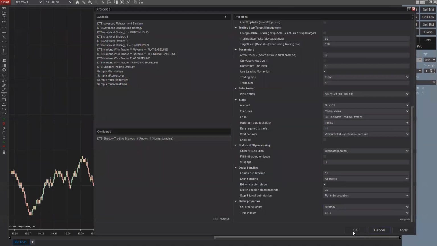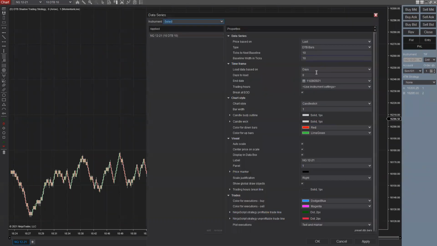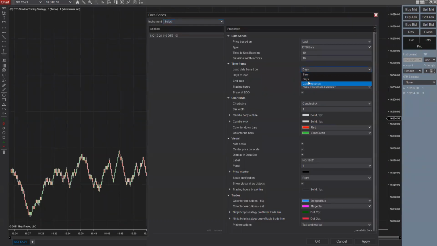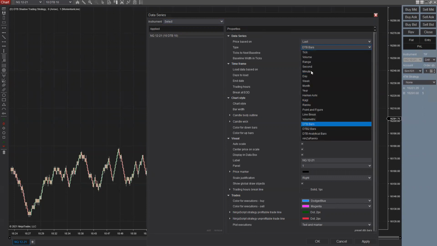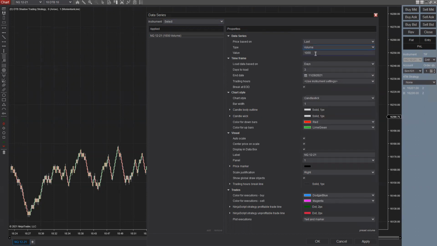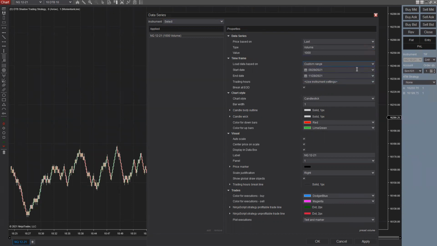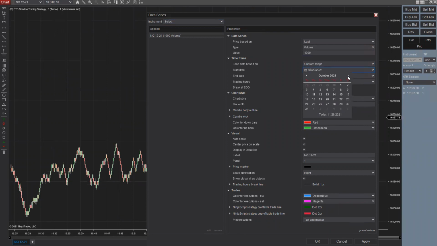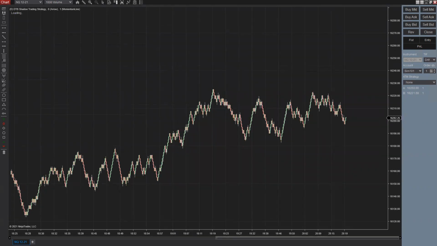Okay. And before I enable it, I actually got to just change the chart to volume. So I'm going to go to volume. Come on. So I'm going to choose volume over here. So exactly what I had in the data series, and let's have a look at the range of it. So it's basically showed us from the 31st of October up until today, the volume,